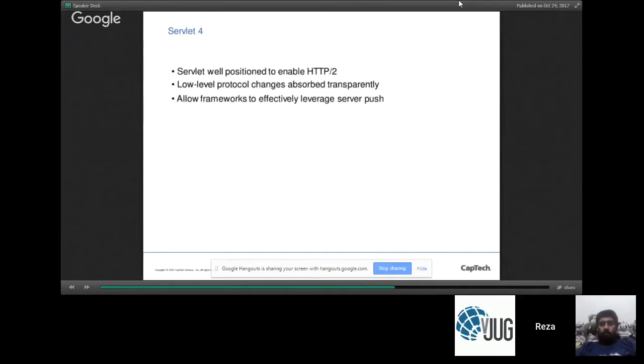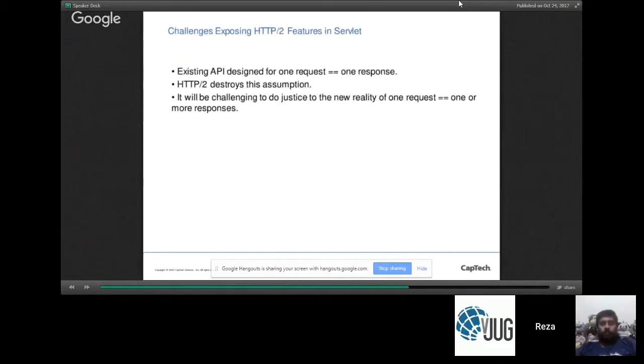So basically what this means to you, translation, is that when you upgrade your Servlet engine from Servlet 3.1 to Servlet 4.0, you will automatically get those performance benefits that are promised in HTTP 2.0 without actually needing to change your application at all. Okay, well, that's not entirely true. We'll see that in a second.